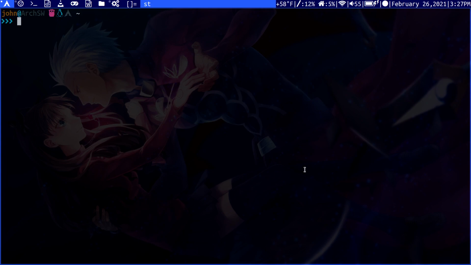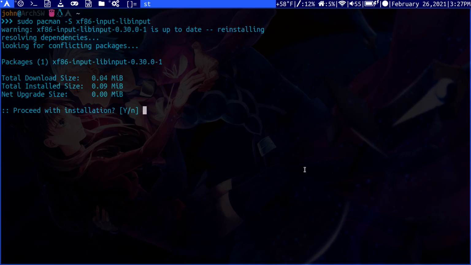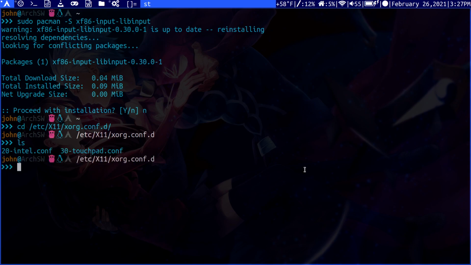So the first thing that you have to do is install this driver here, this libinput. Once you do that, I already have it installed, so I'm gonna skip it. But once you do that, you cd into the Xorg directory here under etc, and then you'll see that it's empty for you, but you'll create this file. You would have to sudo to get write privileges. It's called